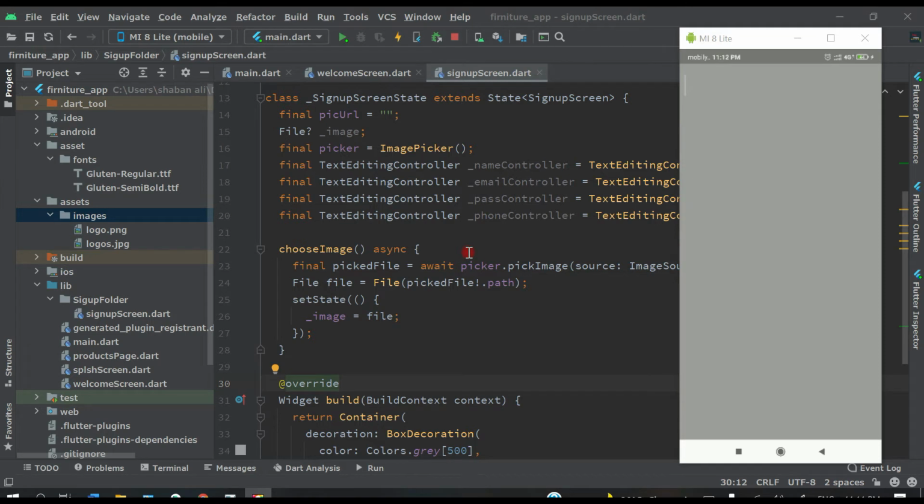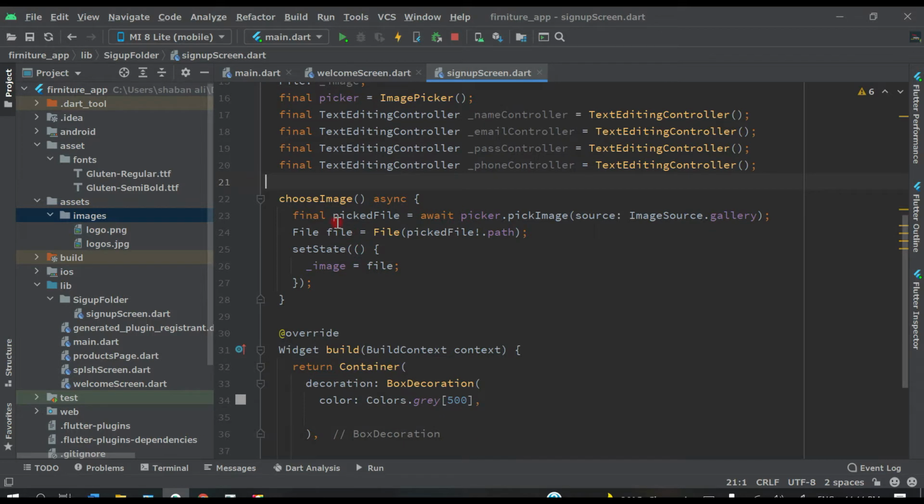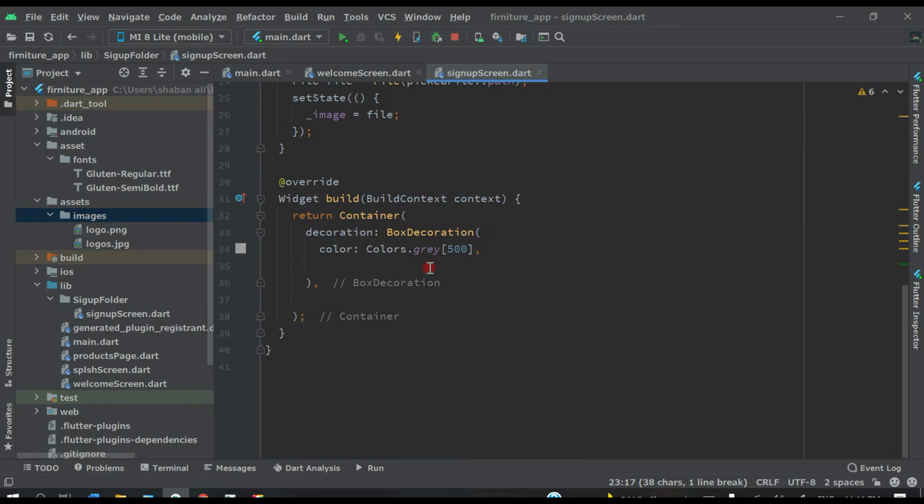Hello guys, welcome back to this course to learn Flutter application development. In the last video we did all these things. As you can see on the screen, we have declared some variables and we have created this function. This function is to access the phone gallery so that the user can upload his or her profile image. So today in this video we are going to design our sign up screen, and inside this sign up screen